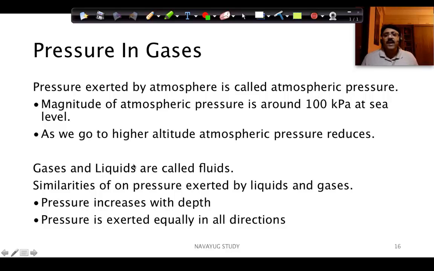Okay. Similarity in the pressure exerted by liquids and gases. As I told you, both in liquids and gases, as and when the vertical height of the column increases, the pressure